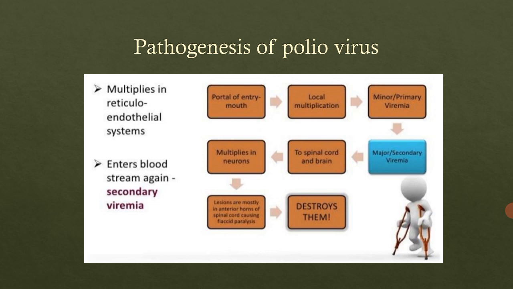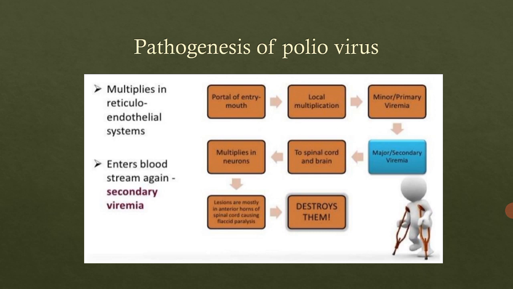Due to polio infection the people cannot walk. Their hand movements, their body posture, their body weight, everything will get affected due to this viral infection, and that is why it is a very infective, very harmful virus. Therefore it is mandatory that we take the polio vaccines at an early age. So this is the pathogenesis of the polio virus in these two stages, the primary and the secondary viremias.